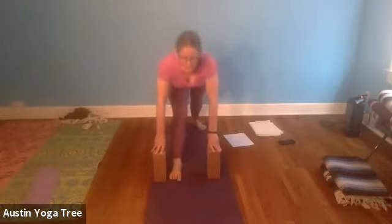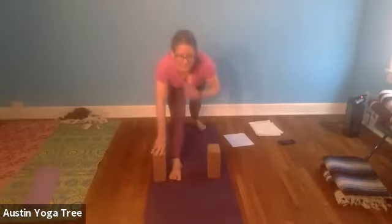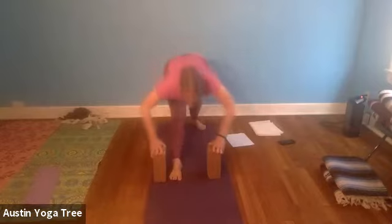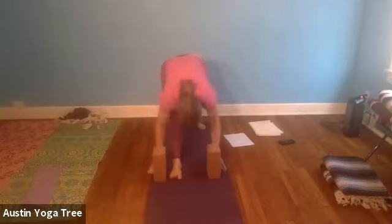Keep weight in the back heel. Extend through the spine. It should be both long and curving toward the floor at the top, not at the bottom. So one more attempt to pull those thoracic spines toward the floor, sternum toward the floor. And then with an exhalation, bend the elbows and extend the torso